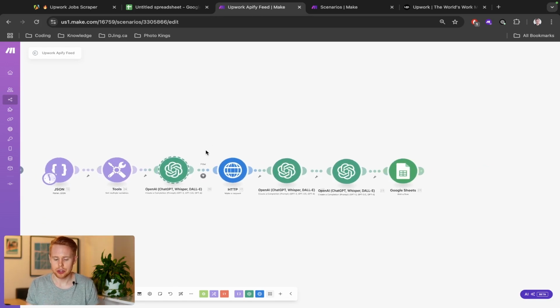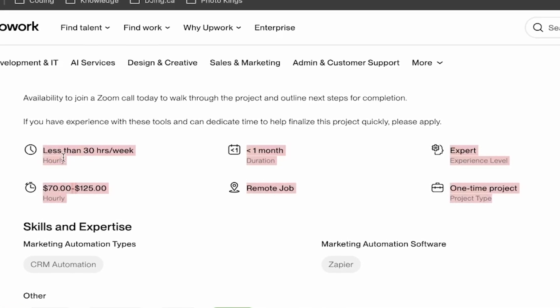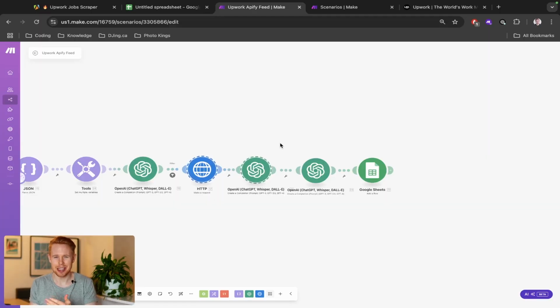And then we're going to dive into the listing, pull additional information out of that listing, like, for example, the hourly rate. We're going to see how long the projects are, the duration, that kind of stuff, just to make sure that it actually aligns with what you're looking for. If you're in the United States and somebody's putting up a job posting for $20, you're probably not going to want that. So we'll definitely filter that out,